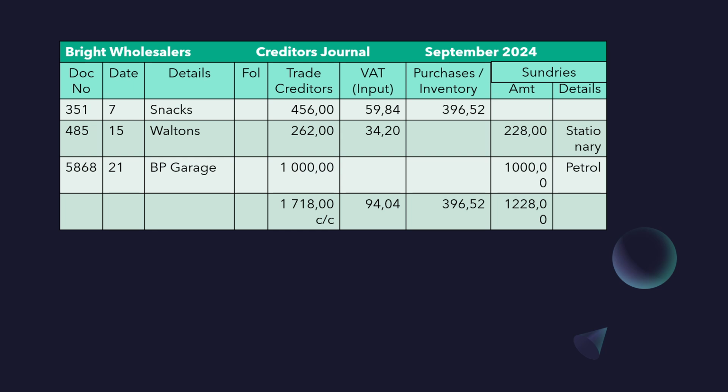Then we have the sundries account, and this account reflects other goods and services purchased during the month. The account is reflected in one column and the details in the other column. It would be impossible to have separate columns under purchases for each type of transaction, so we just have a general account that is used to accommodate any type of transaction that cannot be allocated to the purchase column. As you can see here, we've got stationery and petrol, and we just write the details of who that is going to be